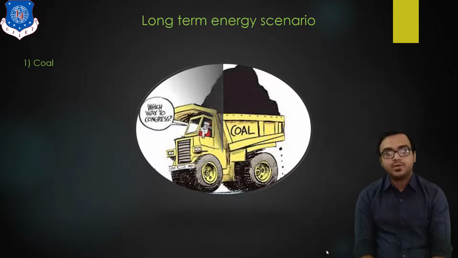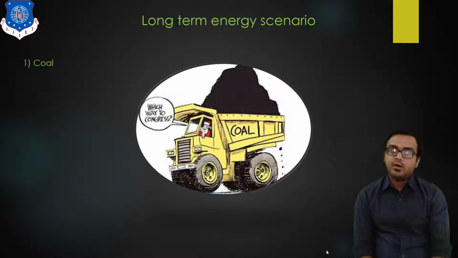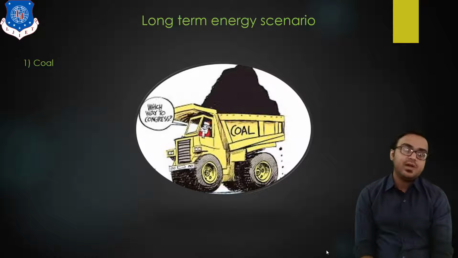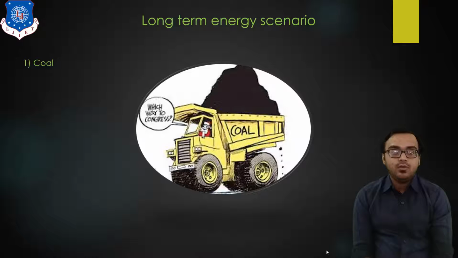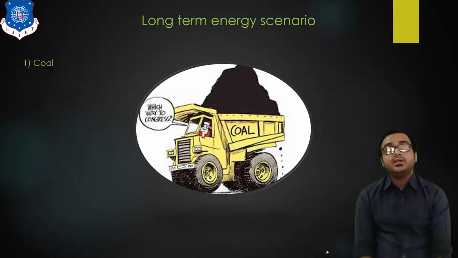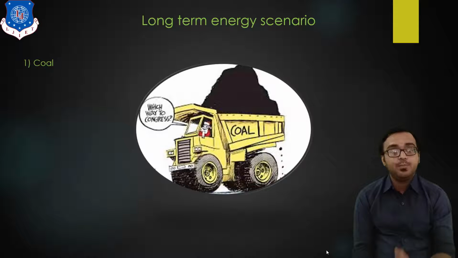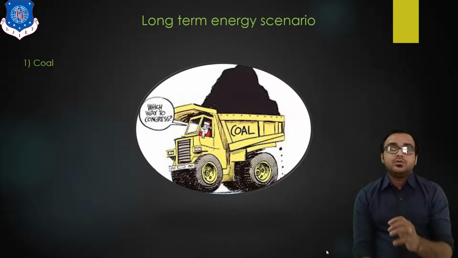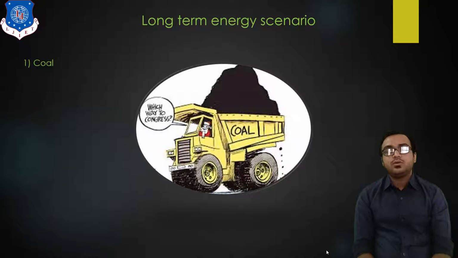So you can say coal is the predominant energy source for power production in India, because the majority of the power plants in India are based on coal. It generates about 70% of the total domestic electricity. Coal remains the primary fuel for power production. Despite the significant increase in the total installed capacity during the last decade, we still find some gap between the demand and the current production. So to cope with this demand, we need to explore more coal mines.